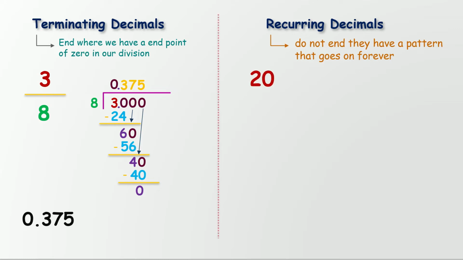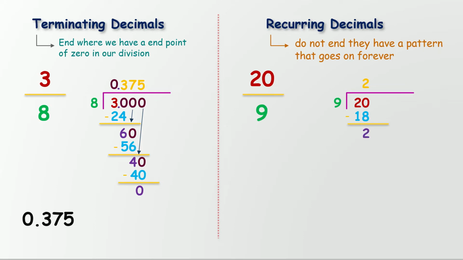So the next example is 20 over 9. So now we have this in fractional form, but we want to have it in decimal form, so we will do long division. So that'll be 20 divided by 9. Now let's work through this to get an answer to see if this is repeating or terminating. So first up, how many whole groups of 9 out of 20? We have 2, and we know that 2 times 9 is 18, and we subtract from 20 and we get